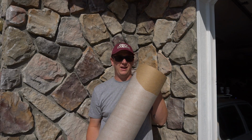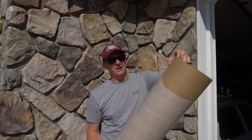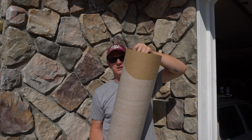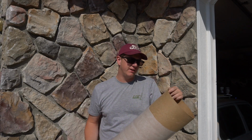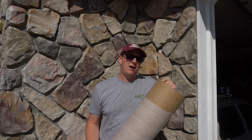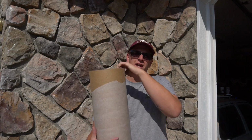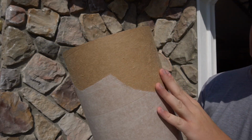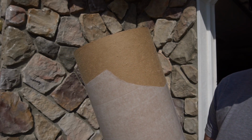The first step when you're fiberglassing paper tubes like this is you pull that glassine layer off. I've already started, as you can see. I just wanted to see how it was going to go. It's real easy on a big tube like this. Some people sand it off. I'll sand it for painting or adhesion purposes, but for fiberglassing you really want it down into this material right here, because the epoxy is going to absorb in that really good, and you're going to have a nice